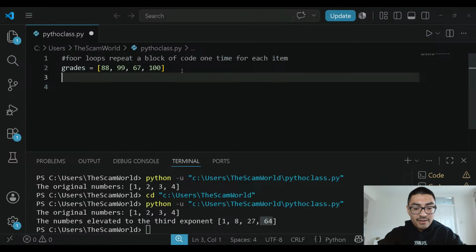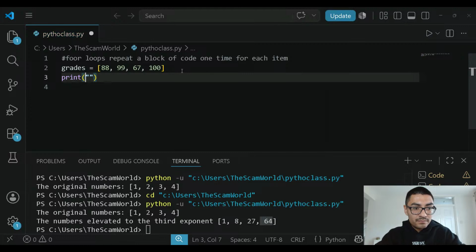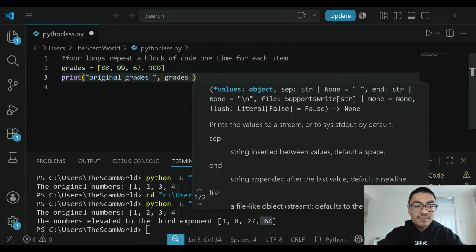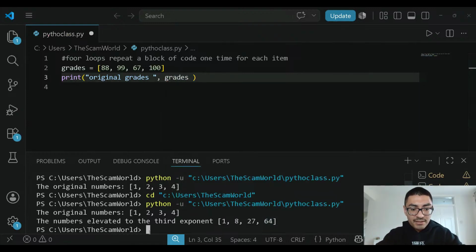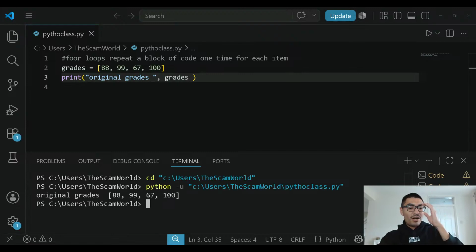And then we're gonna print parentheses, original grades. So we're gonna print the original grades, and then we're gonna say comma grades. So let me clear all of this and let me run it. So our original grades, guys, are 88,